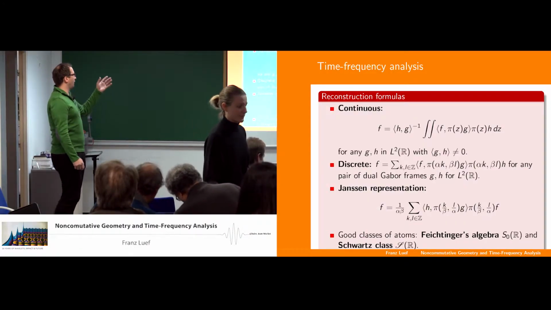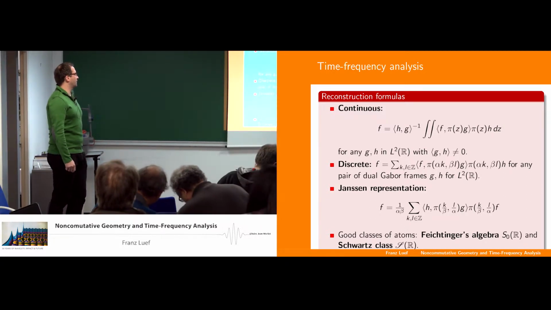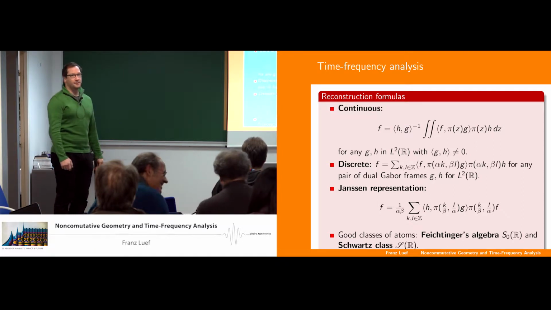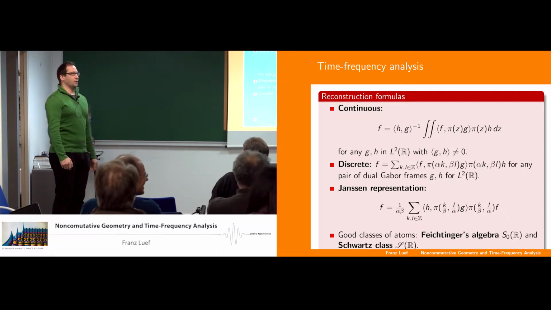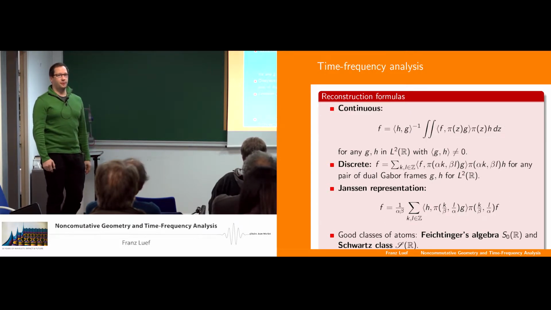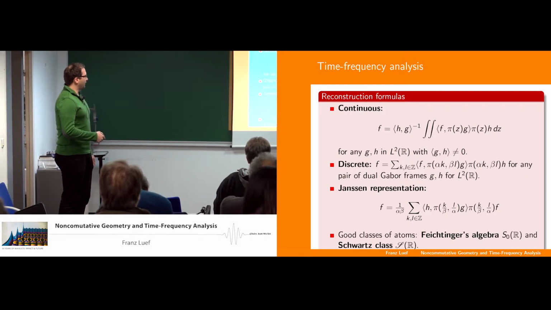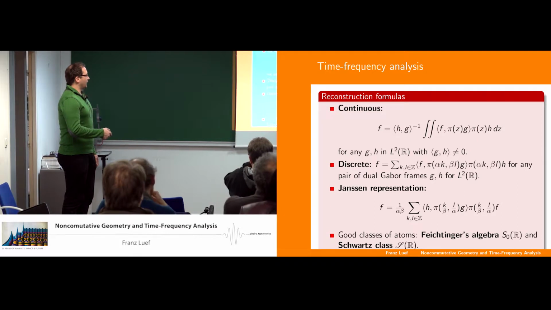So I want to explain how, if you are used to those formulas and those concepts, you can actually end up also doing non-commutative geometry by changing your point of view. As you all know, there's a way to decompose a function in terms of the Schrödinger representation, in terms of time-frequency shifts in this way, and then Gabor came up with the idea: let's not take all points